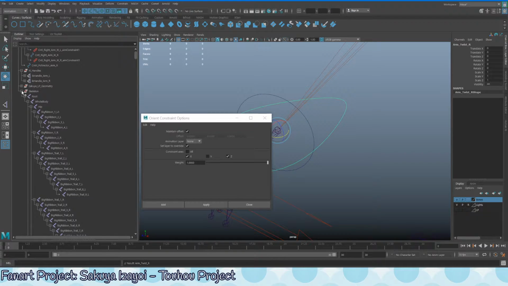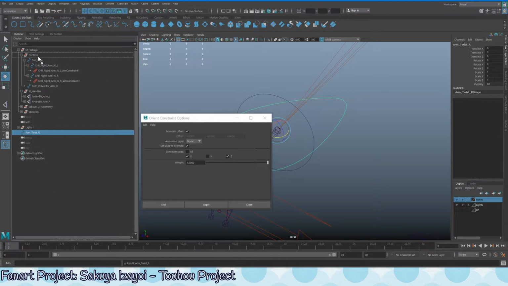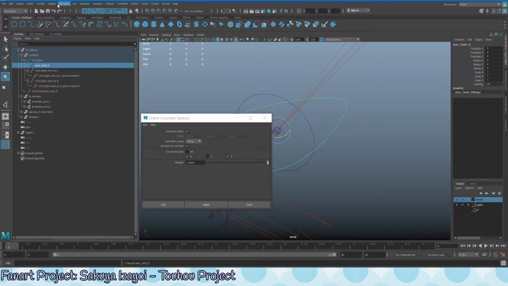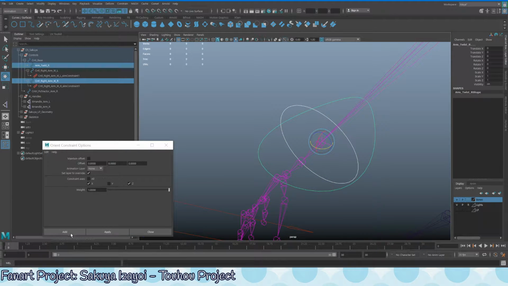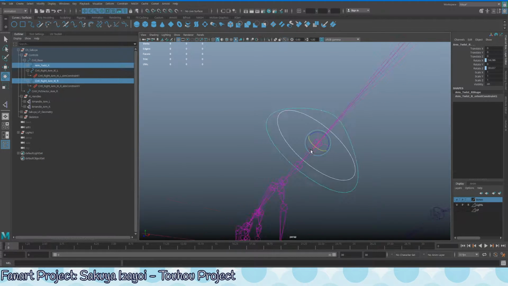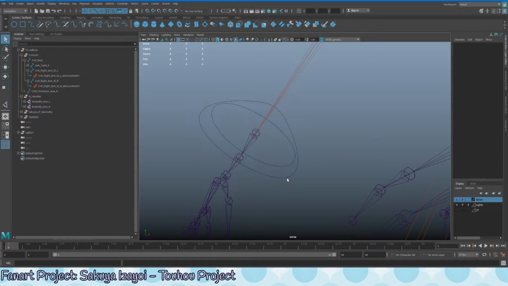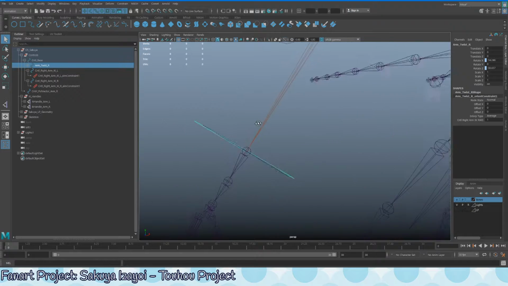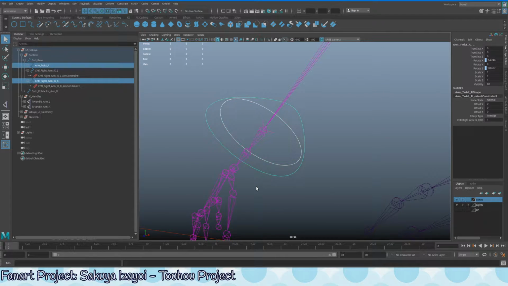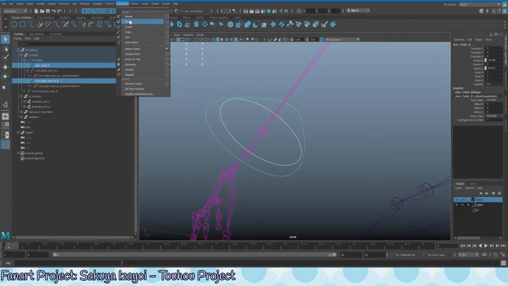Oh no, let me just squeeze down that skeleton and throw this in here. Oh, hey, maintain offset was on. So constrain, constraint, add. There we go. Yeah, that's what I meant. Alright, so now that we've got that going, it would be good for this to apply a point constraint,